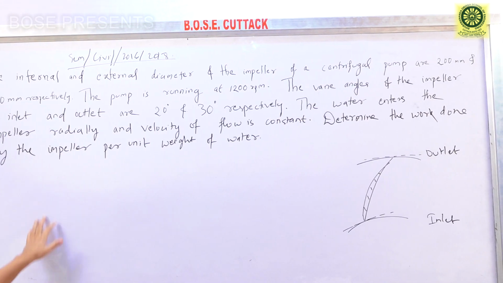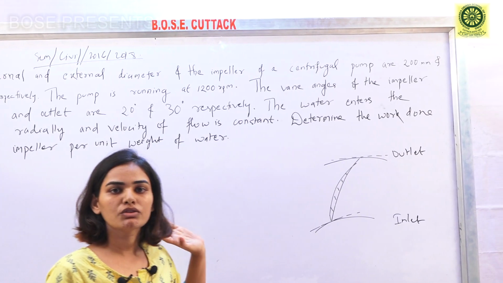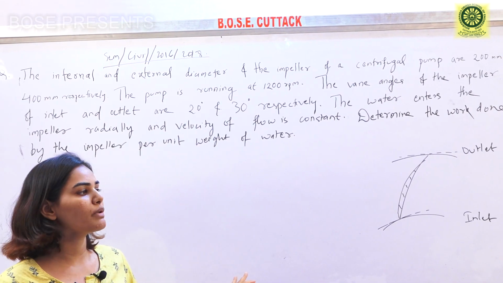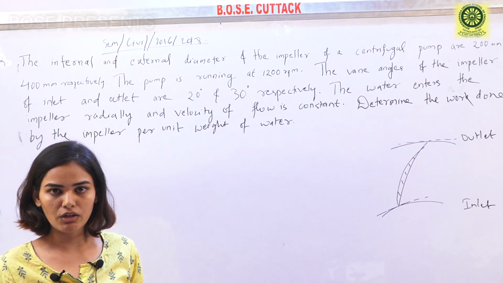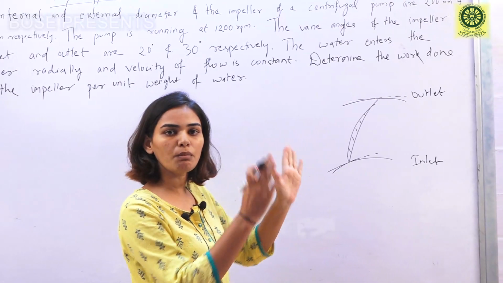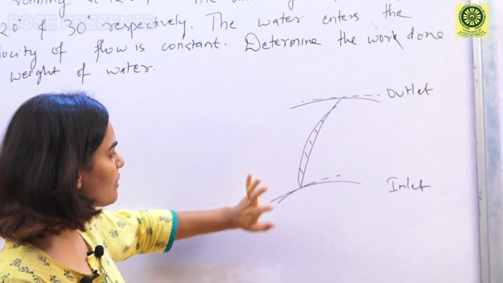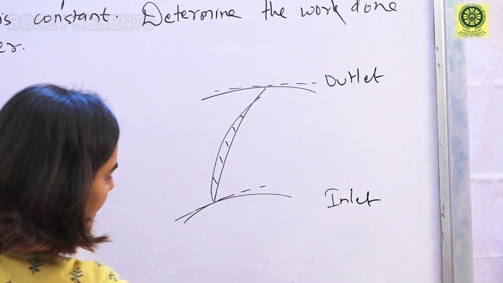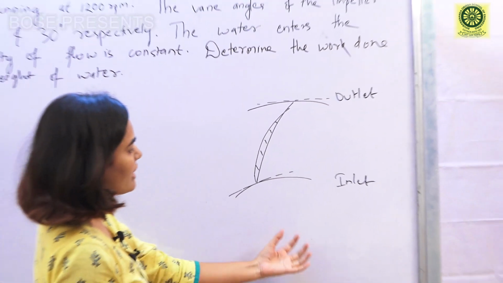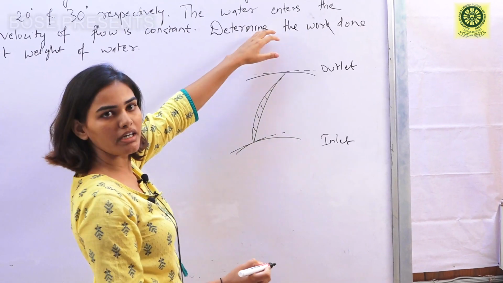So before writing the given data, let us understand some basic principle behind this centrifugal pump. Firstly, whenever a question is given on centrifugal pump, the first thing we need to do is draw the velocity triangle at the impeller. So here I have taken a small portion of the impeller with a single impeller blade. This is the impeller blade, this circle is the inlet circle and this is the outlet. This is the center, water will come from here and go from here. So from inlet water is coming and from outlet water is going.